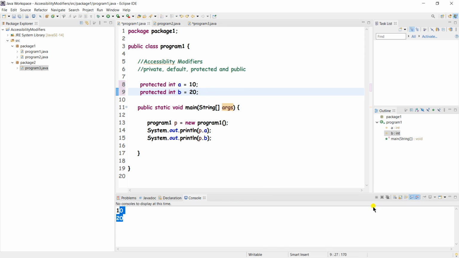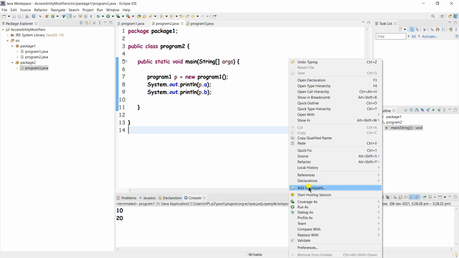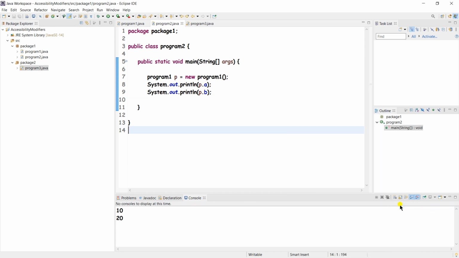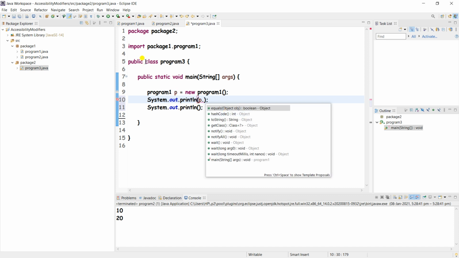So I will run this program, save. Yeah, here output came, right? Here also we will run this program. Yeah, here also output came. But here, I will take two sysout statements. Another one is sysout. So here I'm going to try to access these two variables a and b, but